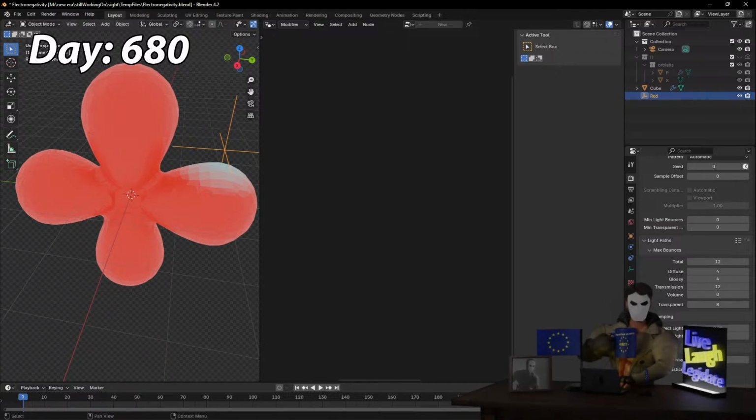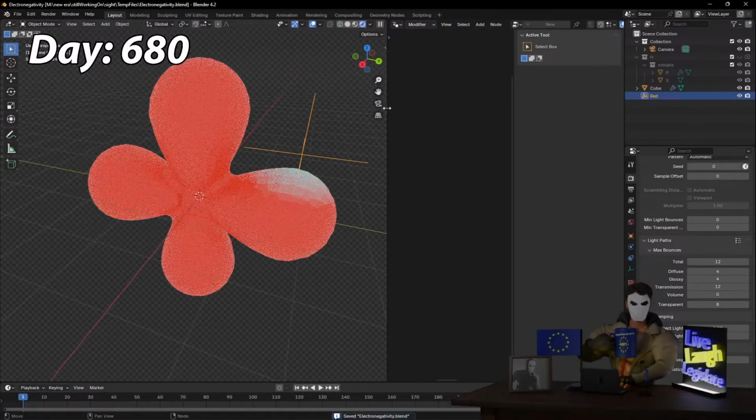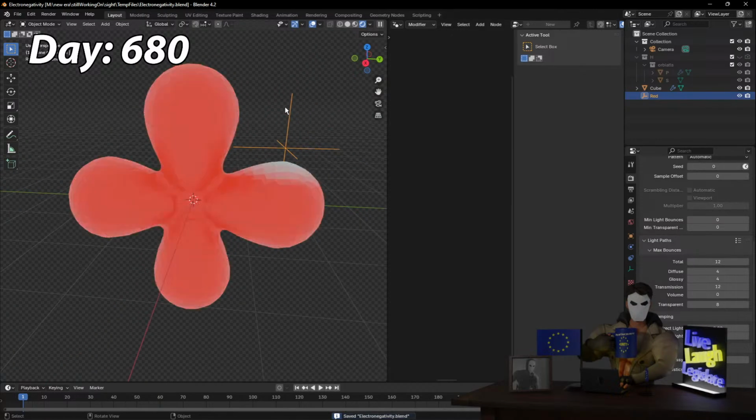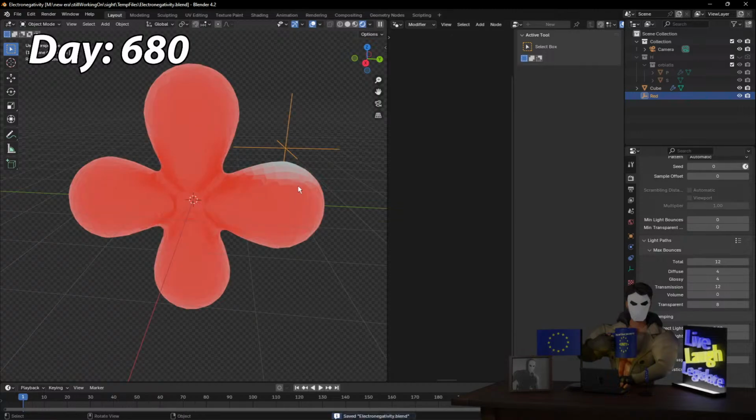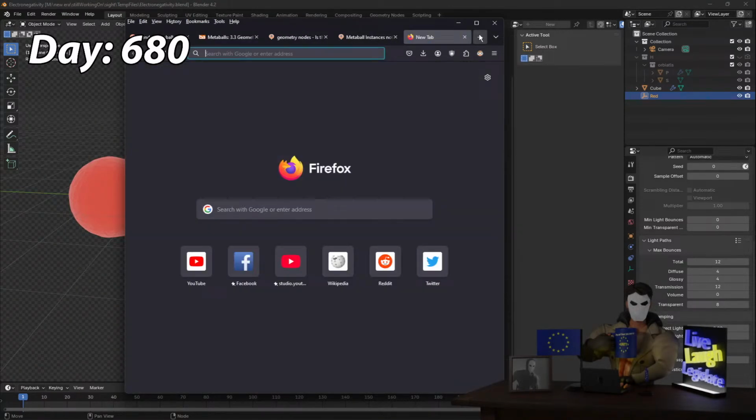What is he doing? I am so glad you asked. And Nico, I'm doing something that will be rather difficult to achieve. Because this one, I've already done in the past. This kind of thing I already did in the past. The only difference is I haven't done it in geometry nodes. I did it with metaballs in shading nodes. The reason why I'm doing it in geometry nodes is because this one will be significantly more difficult, but basically